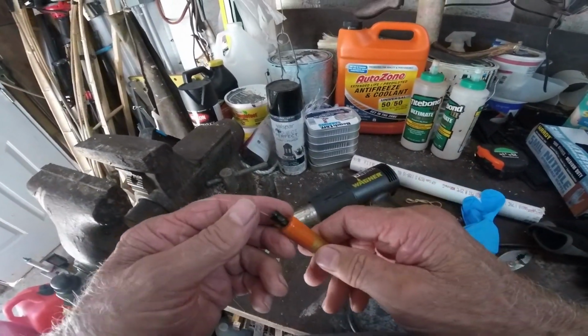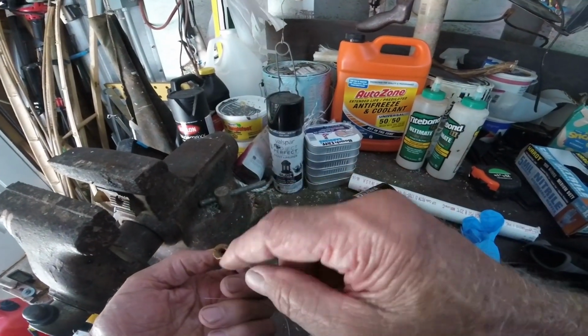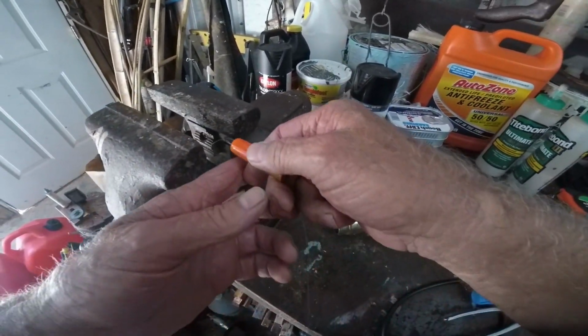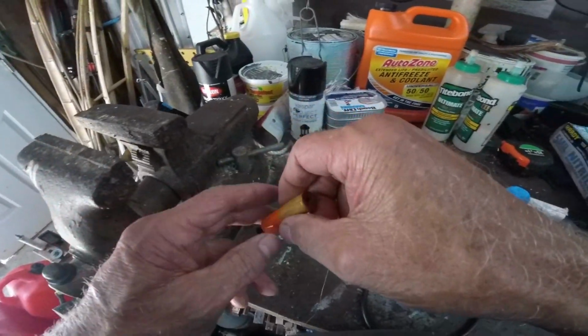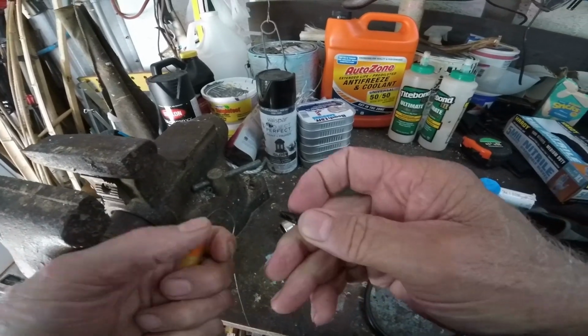Now you come back to your chainsaw file, because a lot of times the epoxy will close the hole up. Stick that up in there and run that and bore that hole back out. Just enough, not a lot. Don't go crazy because you'll knock out all your epoxy. Bore it out. Now these plugs,